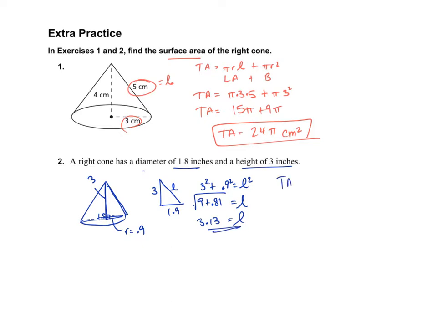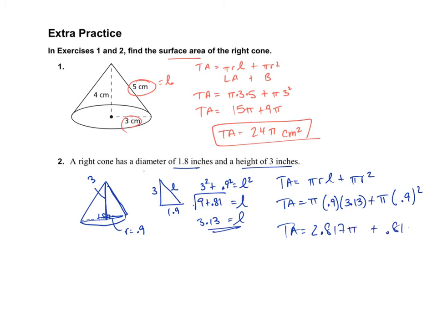So now we have a total area of pi r L plus pi r squared. Total area will be pi times the radius of 0.9 times the slant height of 3.13 plus pi times the radius of 0.9 squared. Let's put this in our calculators and work it out. So 0.9 times the 3.13 comes out to be 2.817 pi plus 0.81 pi for a total of